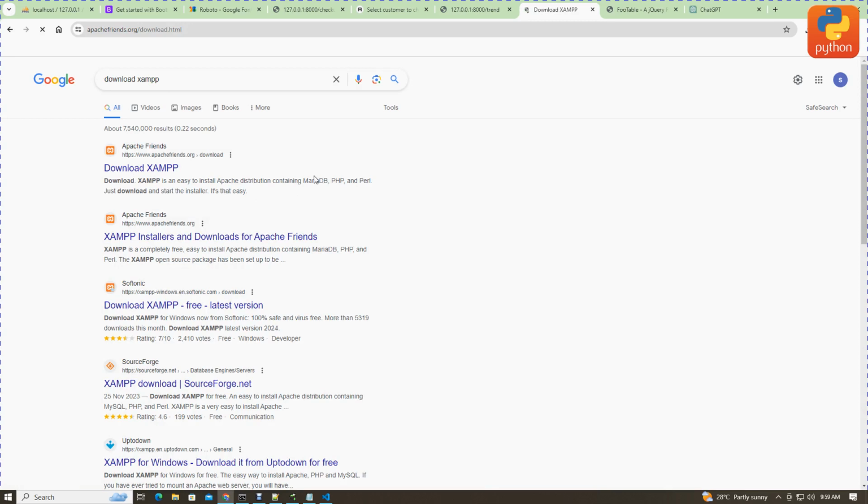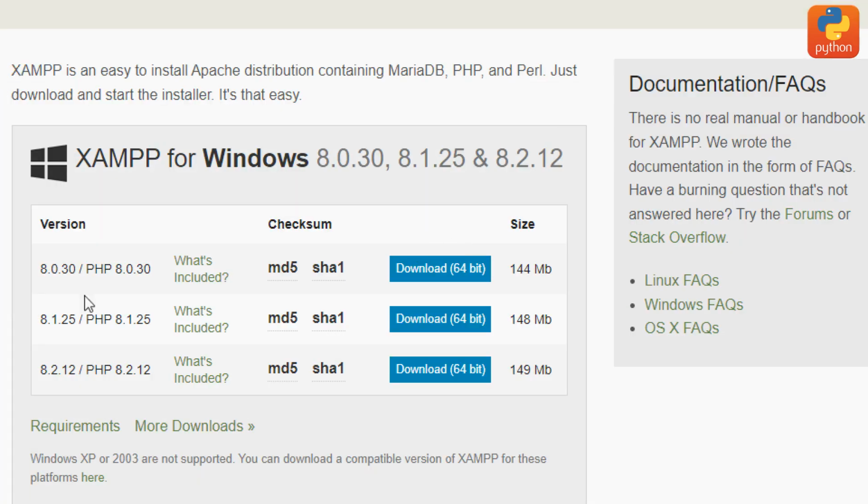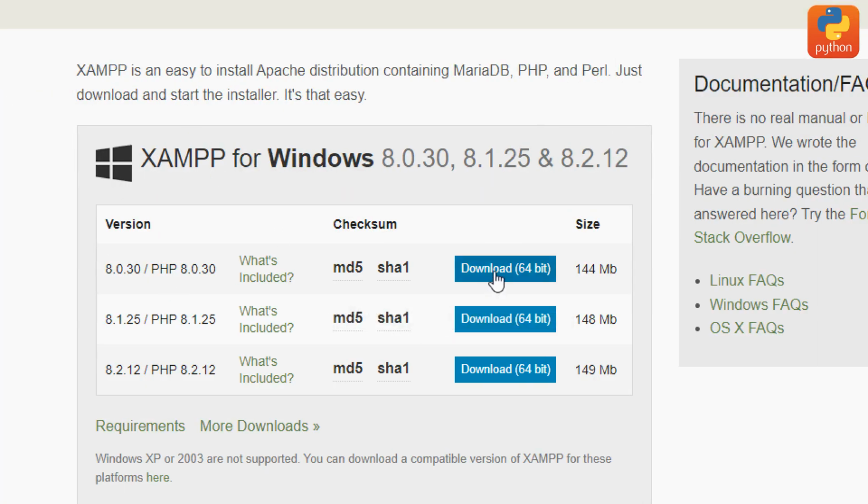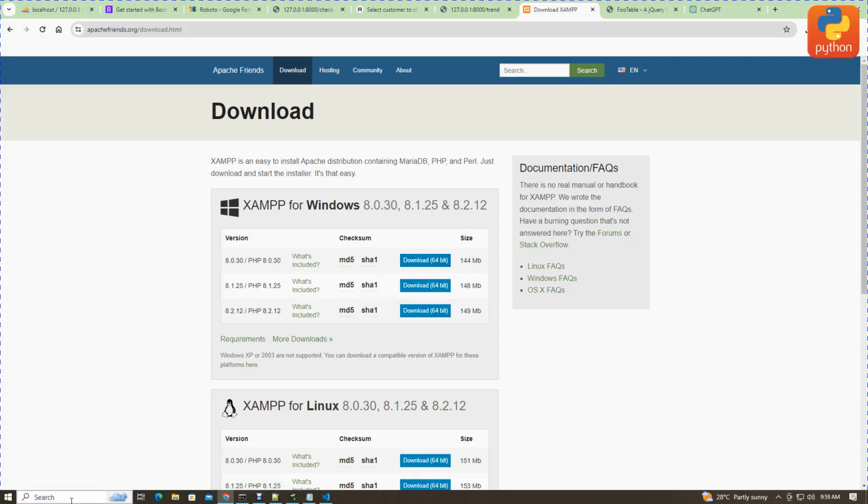Okay, then you will download XAMPP for Windows. You will come here to download XAMPP for Windows. Here is the 64-bit current version. Okay, after downloading XAMPP, now come to